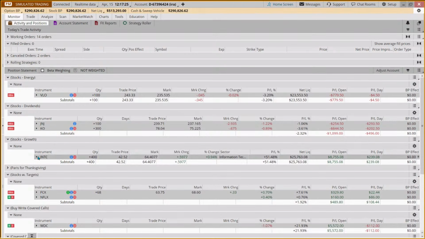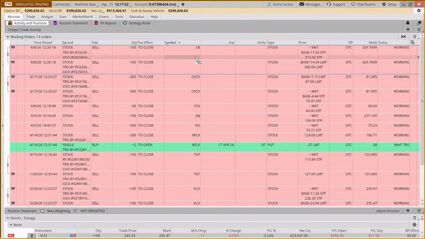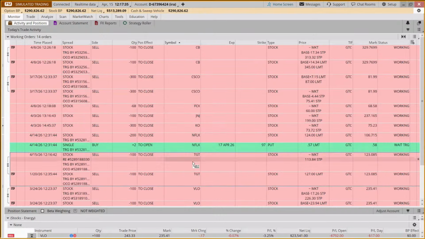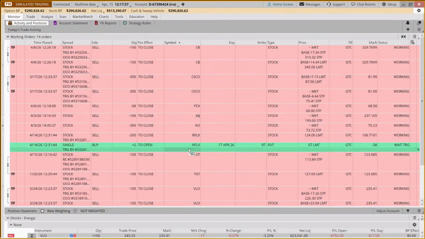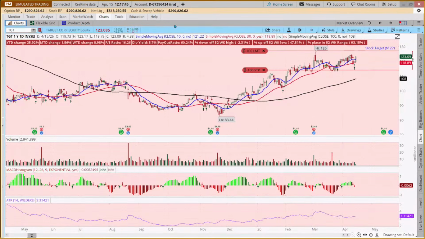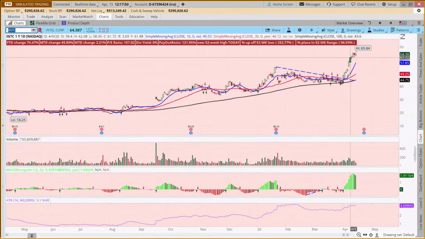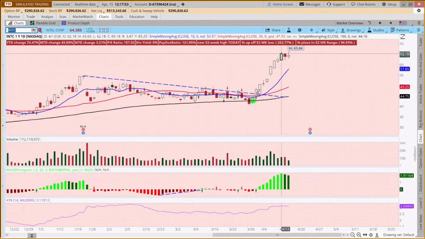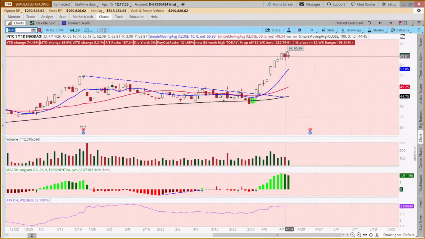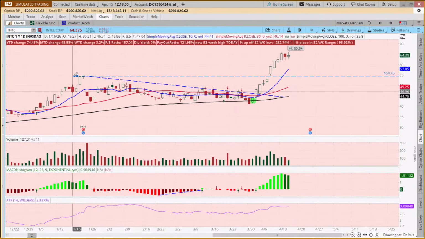And so sometimes it could be that the stop loss is showing somewhere else. So if you come up to your working orders and you say, okay, is there a stop in place for INTC? There is not. Because if there was a stop, it would be in your working orders and it's not there. So then we might want to come up to the chart and look at Intel and say, okay, we placed the trade on this day. This is where it's now trading. Where might we want to put a stop? And so we might say, well,